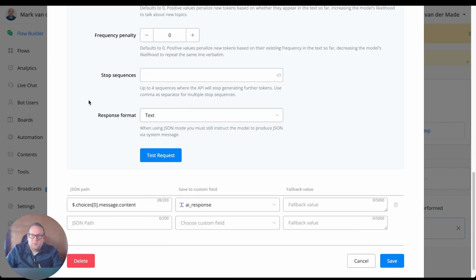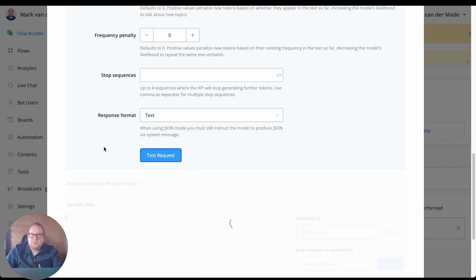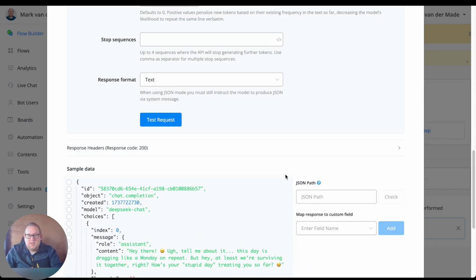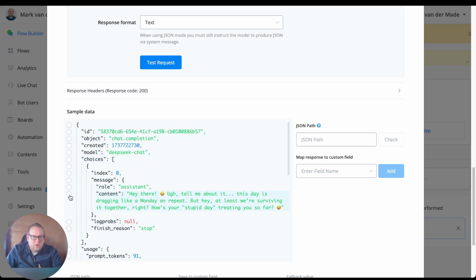Going to map the responses as well. So if we test a request, always put in a certain value on the right hand side as a test value. Whenever you're using variables on the left, then you also need to have a test value on the right that provides a sample data, because variables do not load inside a test request here. As you can see here, we have some